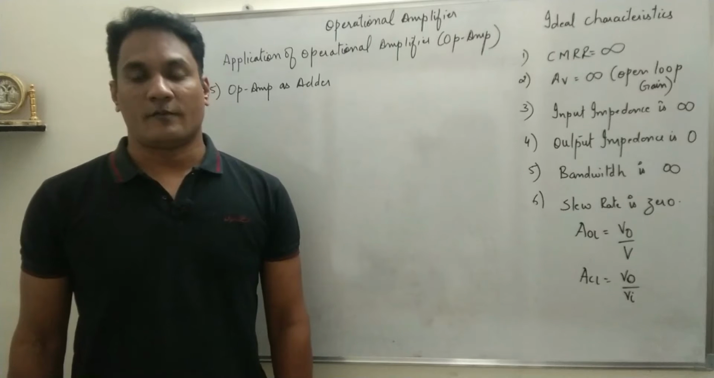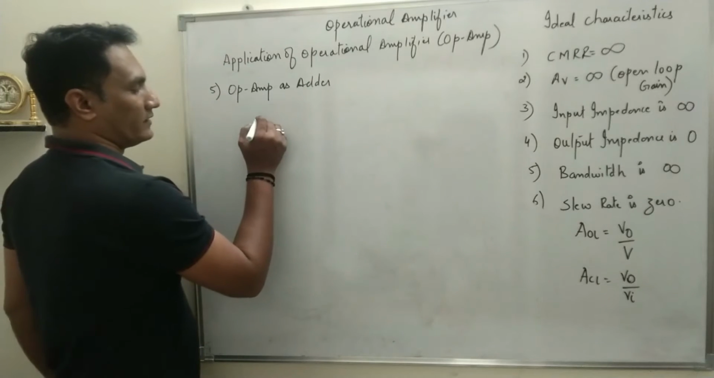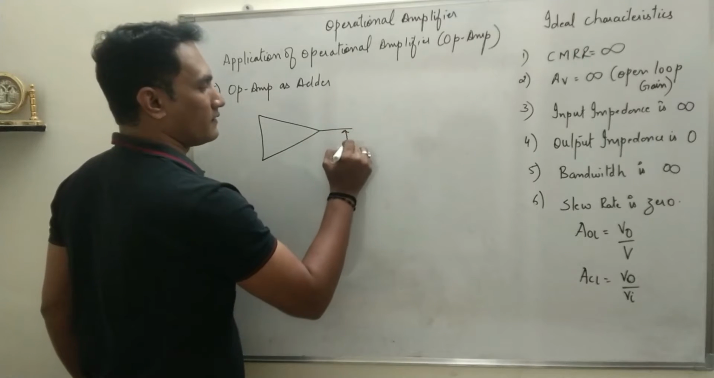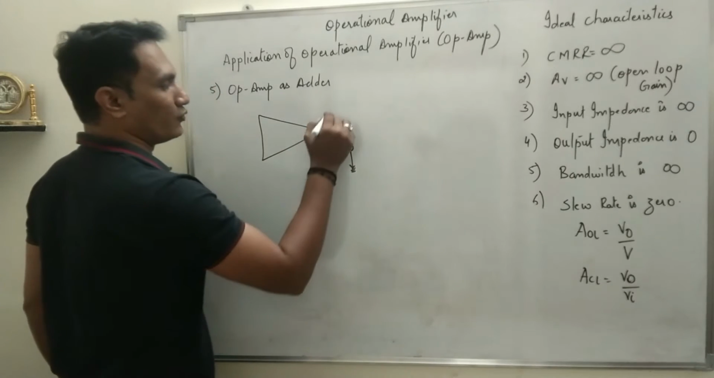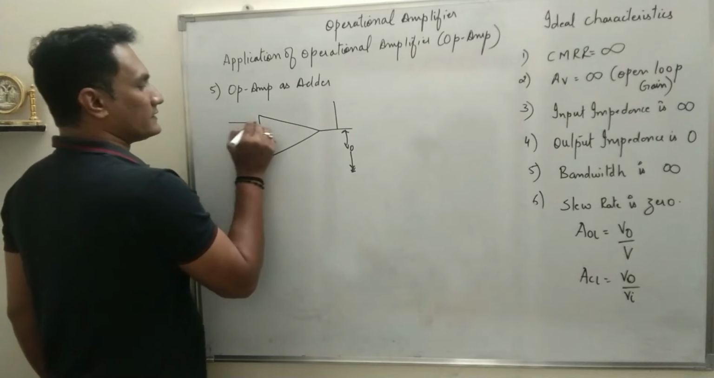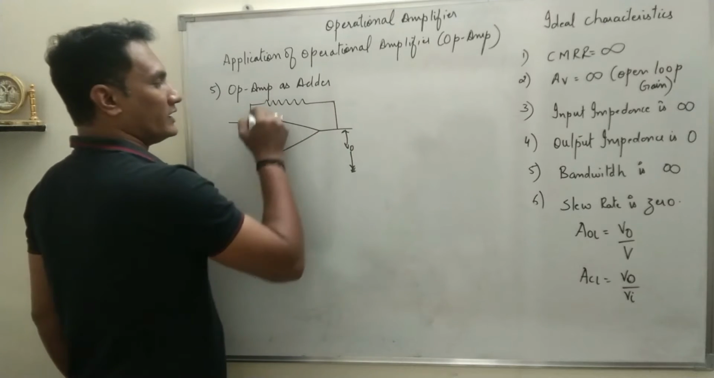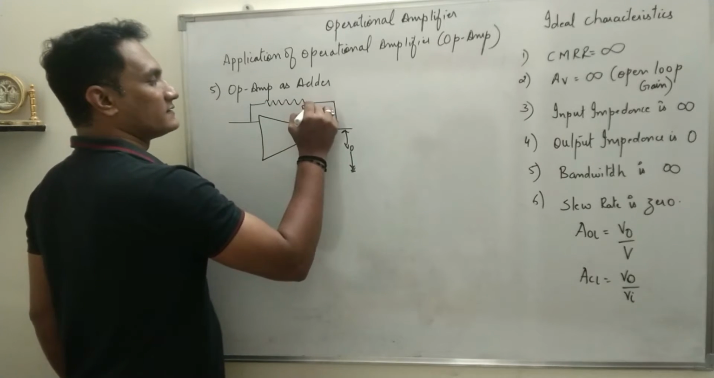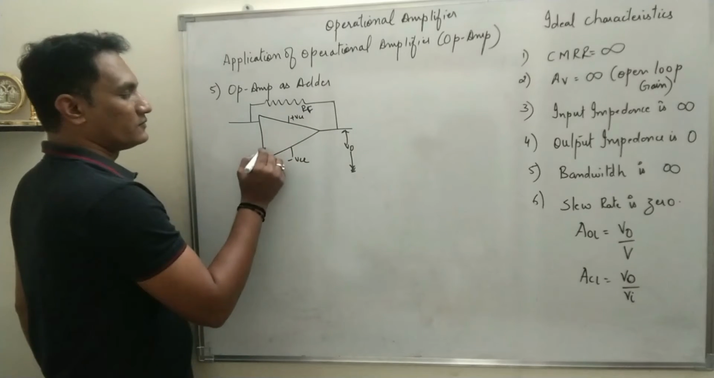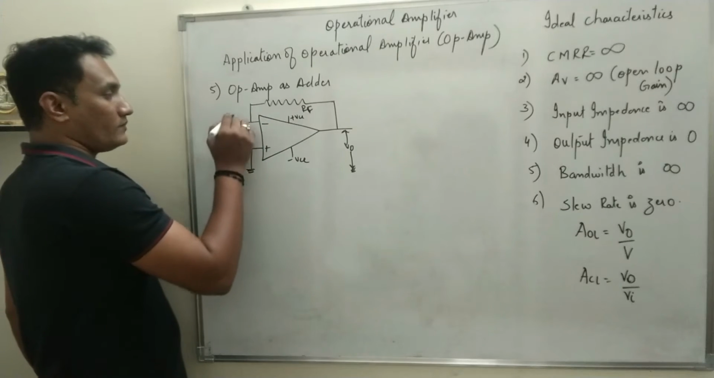Next application of op amp is op amp as adder. See the circuit diagram which I am going to draw for op amp as adder. This is where we will take the output voltage. Some part of the output is connected back to the input through feedback resistance RF, to power supply plus VCC, minus VCC, non-inverting terminal is grounded, and instead